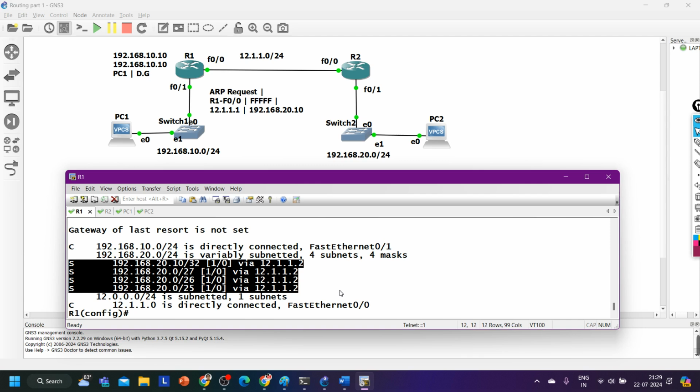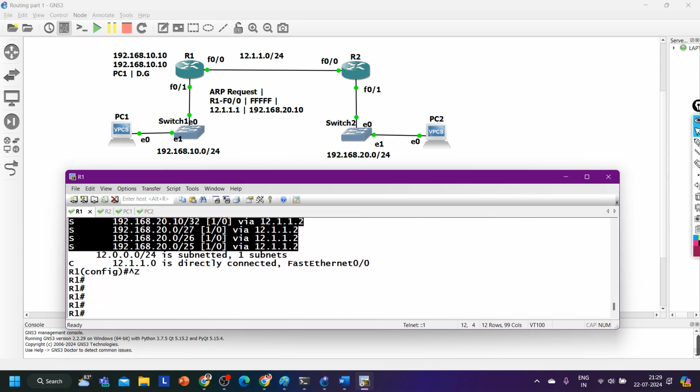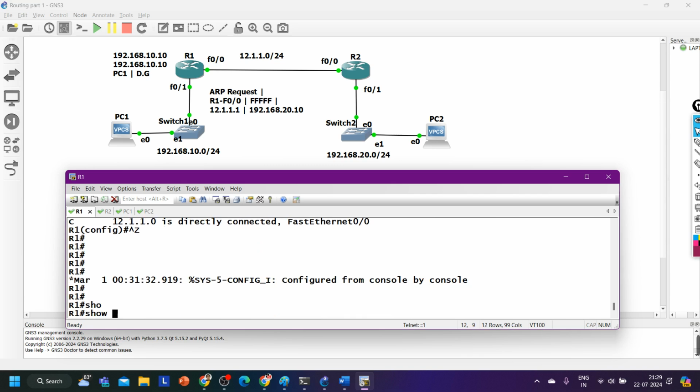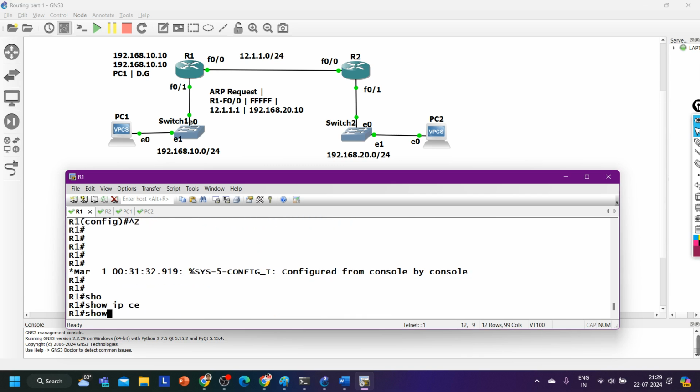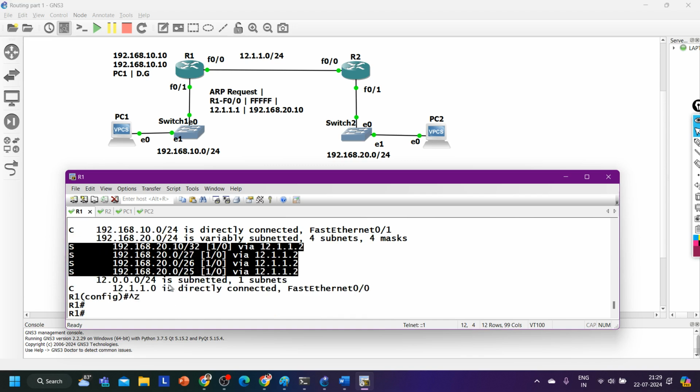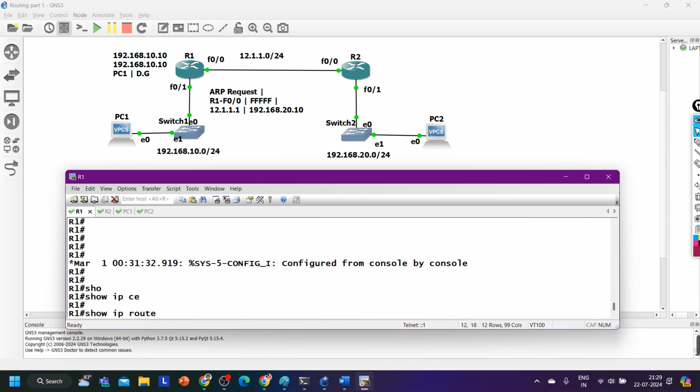Which network? No, no, you have to identify it yourself. There is no command to check that. One thing we can do here, but we leave it for now because it will make you confused. We'll see those things later, right? For now, you just need to identify which route the router is using from the routing table to forward traffic. So this is the routing table of the router,